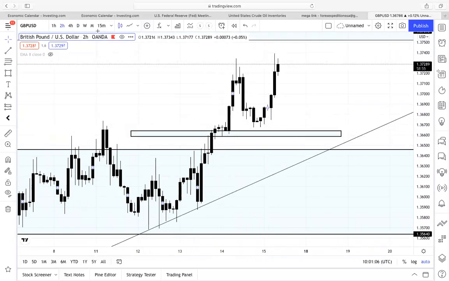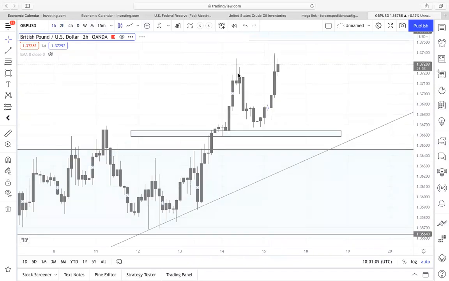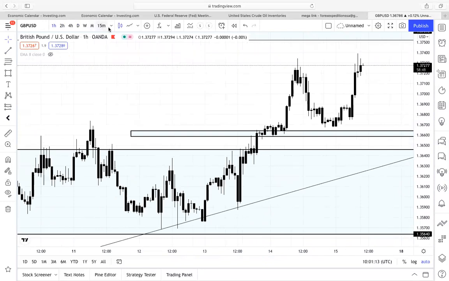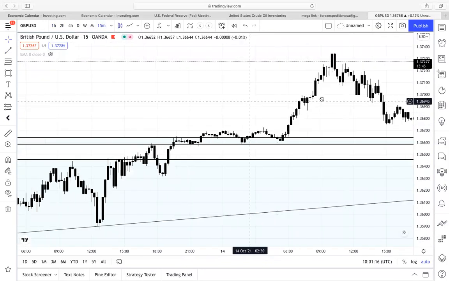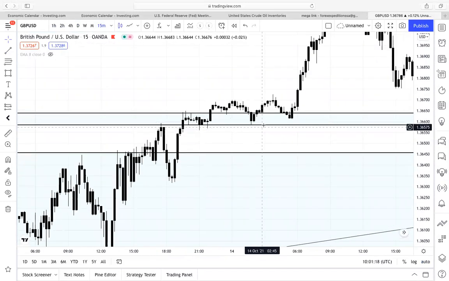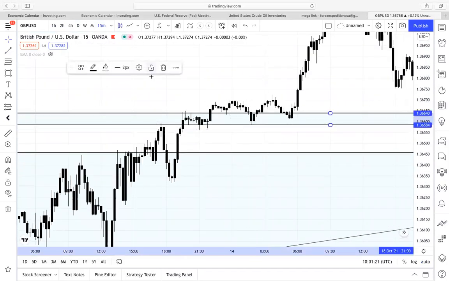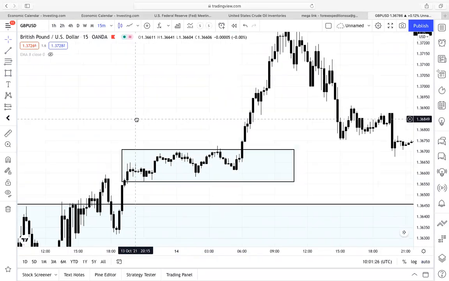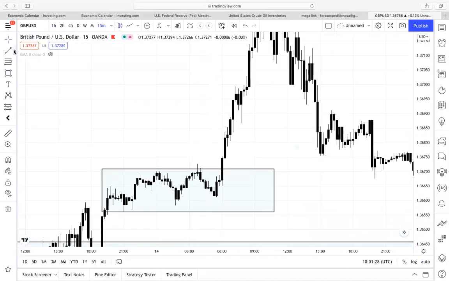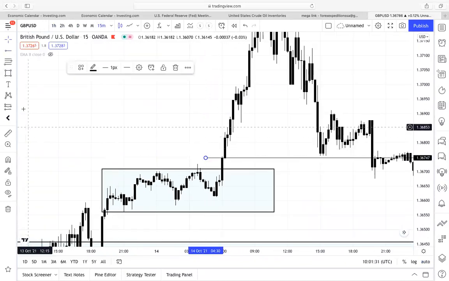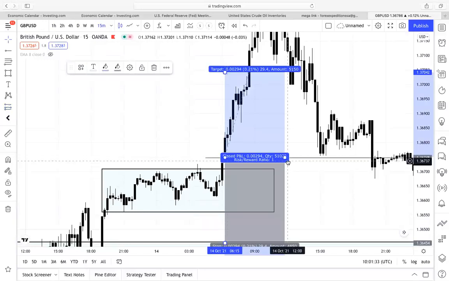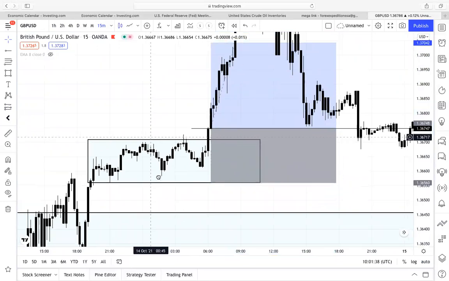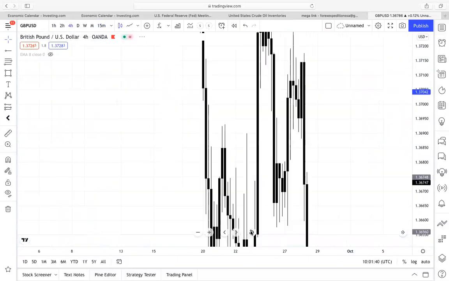See how price stopped. We go on a 1 hour chart. You can actually see. We go on a 15-minute chart. You can also see, price stopped quite a couple of times. Remember, this is the close. Price started consolidating sideways. The first sign of bullish momentum was this candle over here. That was my buy. Stop loss below the previous low. 20 pips. Take profit, the next key level,